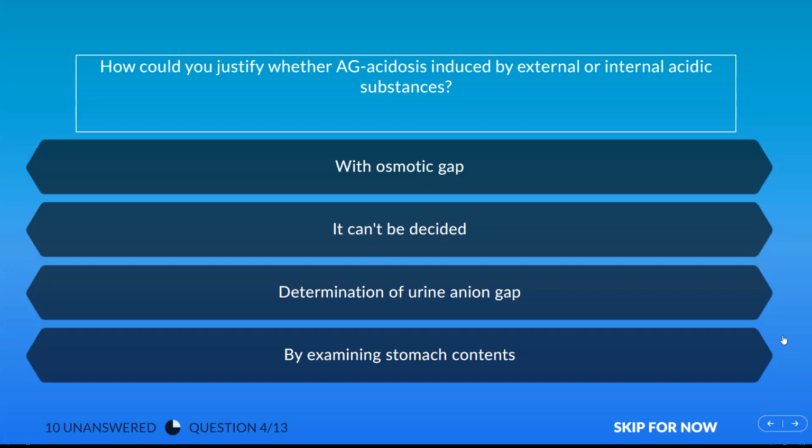If we do not know the cause of an anion gap acidosis, we could assume that the patient was taking something, maybe methanol, ethanol, ethylene glycol. These are the most common causes of an anion gap acidosis. So to see whether the patient was taking something,